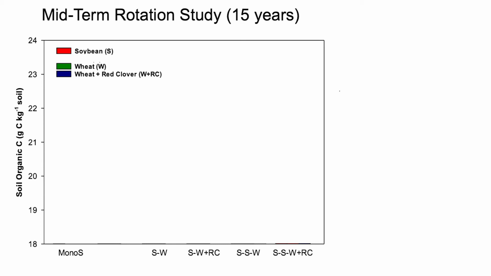And so you can see the soybean brings almost nothing to the system. We found that it just returns nothing back, and it seems to be a minor contributor rather than a contributor to anything productive. The second you add wheat to your system, you have that fibrous rooting system, and you tend to get an accumulation. And then having red clover, you get that additional bump. And the red clover is only there in Ontario from late October till early April, and you don't get the biomass you get down here. So it looks like nothing, but you can still track it in only 15 years.